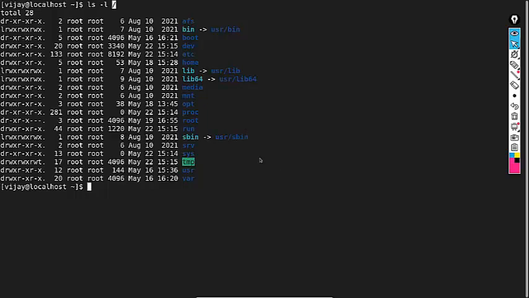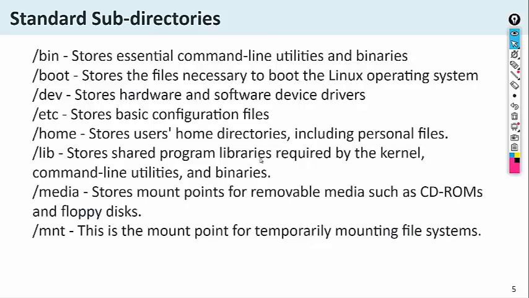So what is each directory useful for? You can see the bin directory, bin is a short form of binary. Binary means executable files. All the executable files or the command-line programs exist inside /bin. Inside the /boot directory, all the files required for the boot process exist. Means all the files which are required at the time of booting the computer are stored in